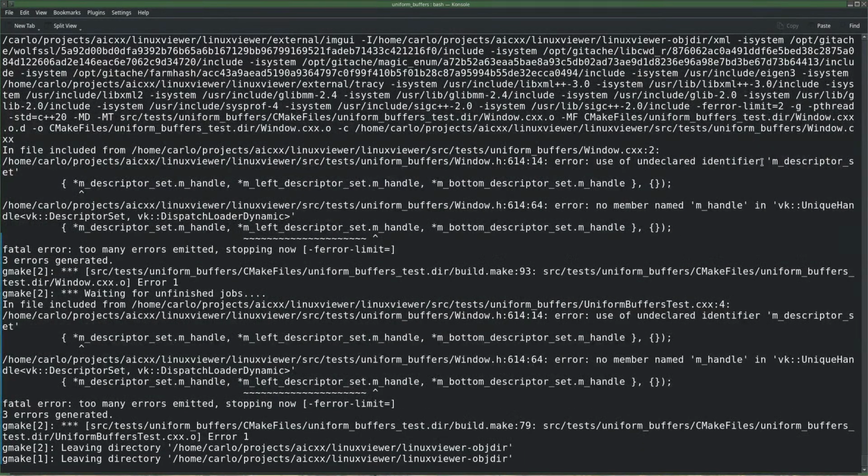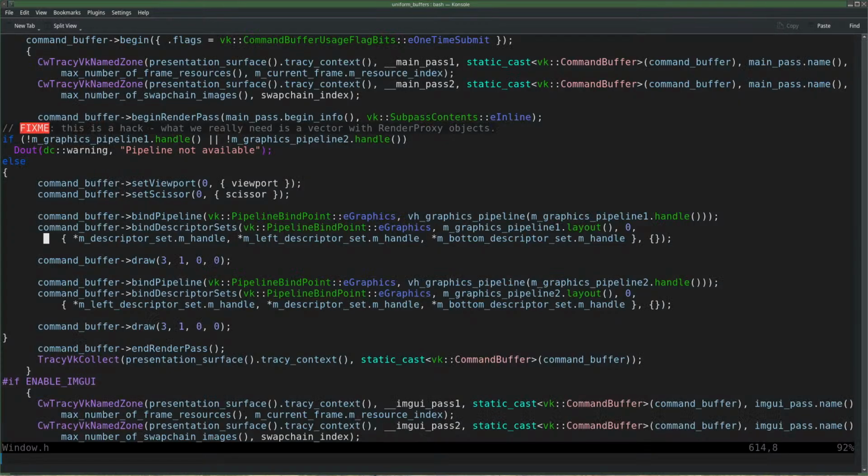Use of undeclared identifier m descriptor set. Silently, we went over everything I just typed without any compile error.